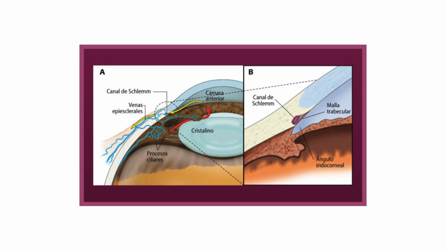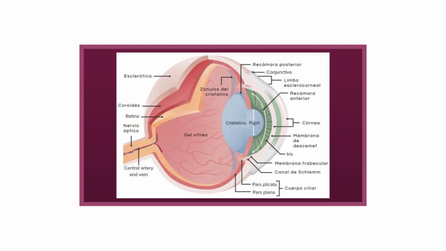The angle formed by the iris and the cornea has a trabecular meshwork of connective tissue with endothelial channels, which drain the aqueous humor from the anterior chamber of the eye into the venous canal of Schlemm, and then to the episcleral veins. Continuing with the ciliary body, this tissue composed of ciliary muscle and ciliary epithelium divides the posterior chamber